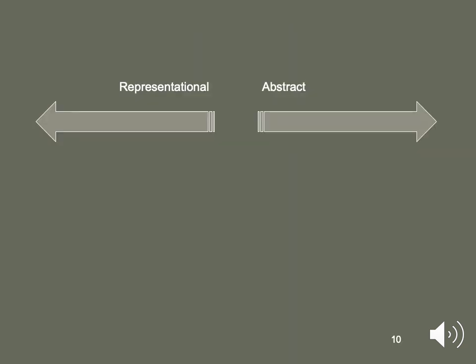So when we talk about representational versus abstract, I want you to understand that these terms exist on a scale. Sometimes an artwork will be representational, and sometimes it will be highly representational. Sometimes an artwork will be slightly abstract, and sometimes it will be very abstract. And there are certain terms that we can use to help differentiate between these. So for example, if it's extremely, extremely representational, like the next image that I'm going to show you,